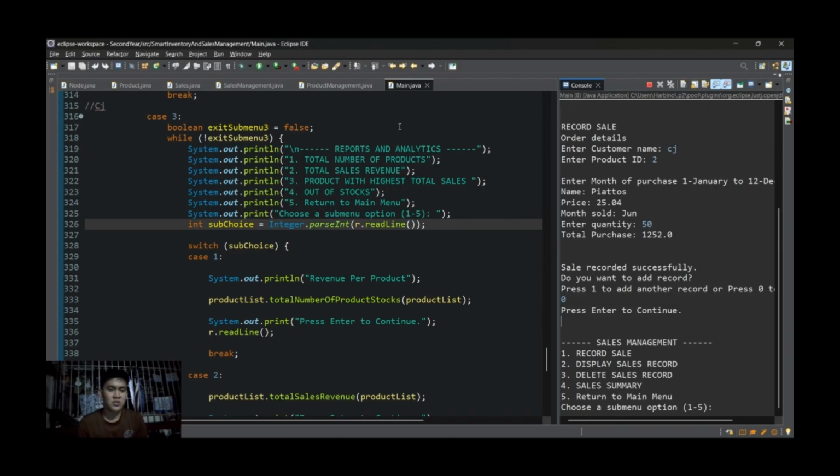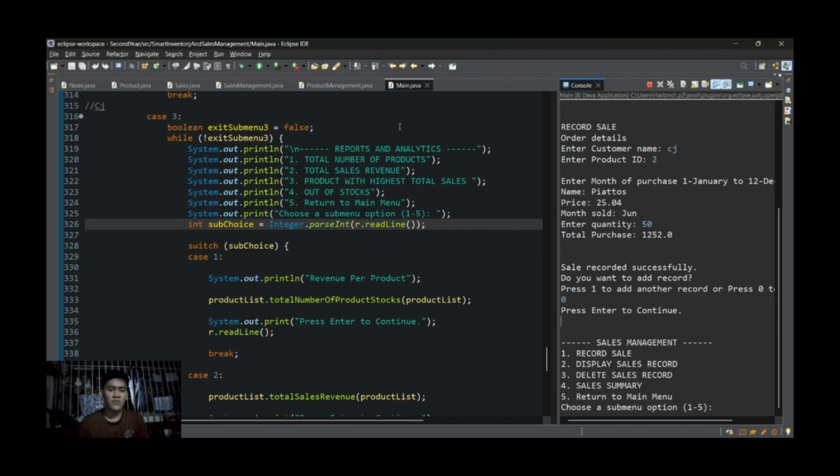After that, in line 326, we have int subChoice equals Integer.parseInt(br.readLine()). The main function of this code is for us to get the user's input and display it in our console.